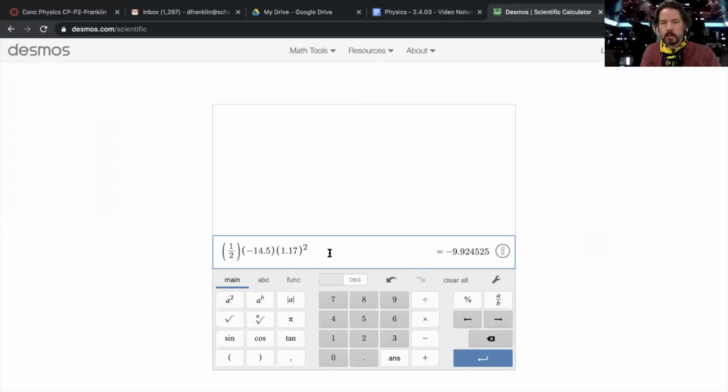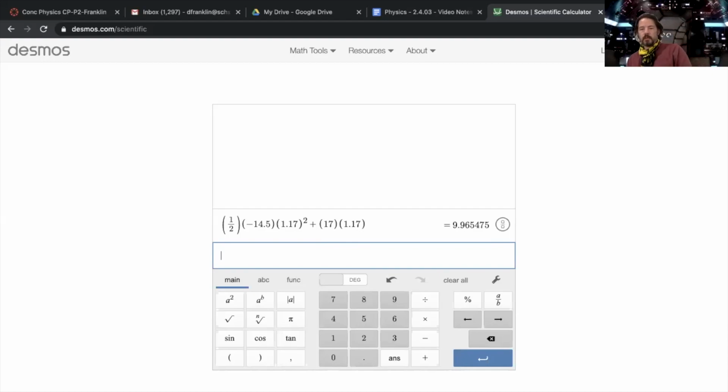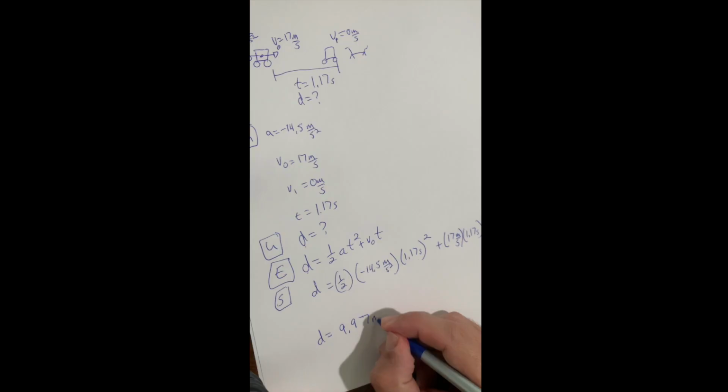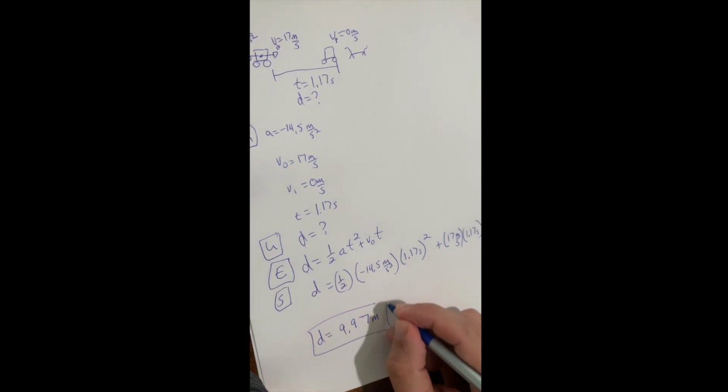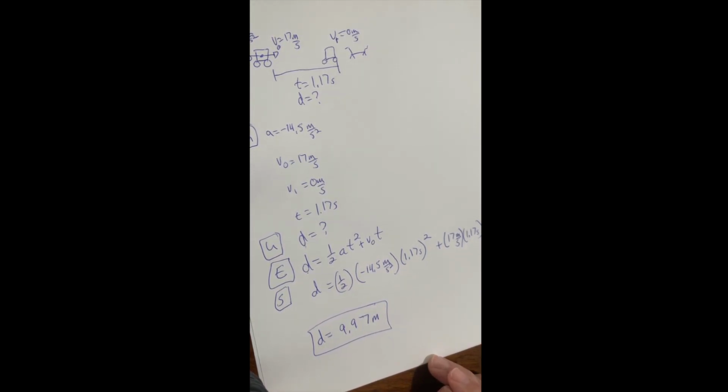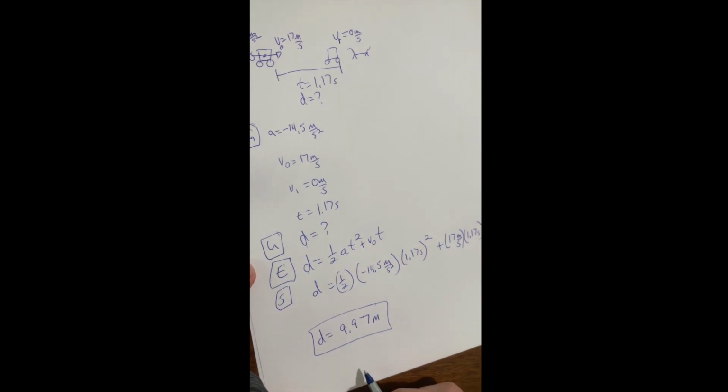Plus parentheses 17 times 1.17. Close parentheses, and hit enter, and you get the answer. When you see long decimals, I usually go to 2 decimal places, so 9.965 rounds to 9.97, and that's in meters. Now, personally, I actually prefer to show my work and show my steps, so I would probably go